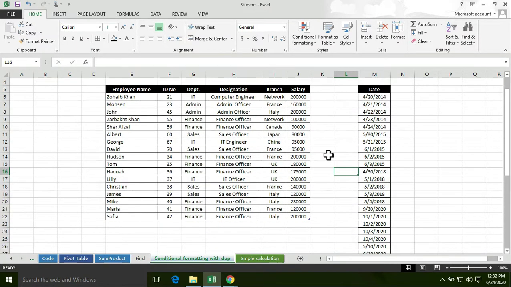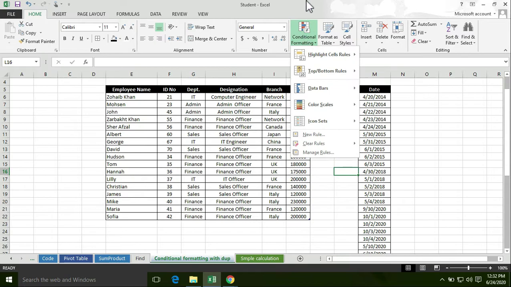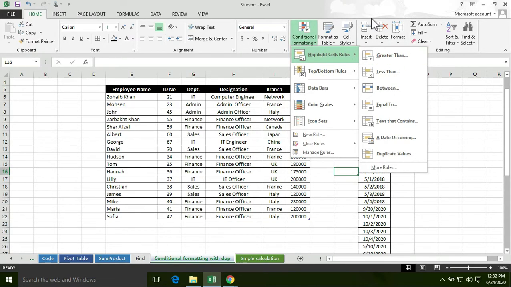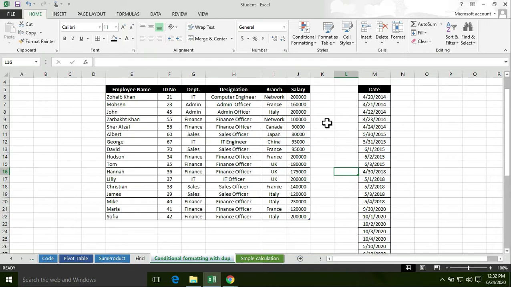Now I want to apply some formatting with some conditions. First of all, I want to highlight the greater salary.